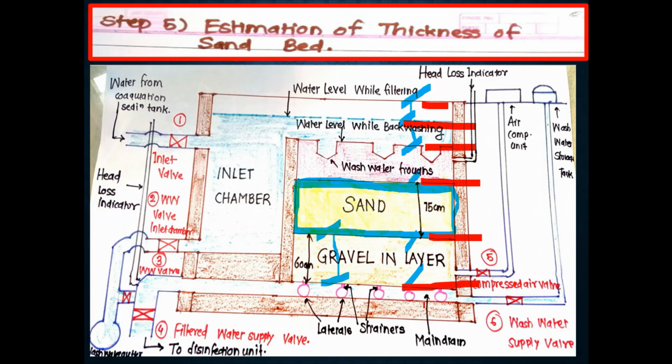As a summary, I want to share with you that in this session I have discussed all the design criteria required for solving detailed design of filter unit, or solving the design of under drainage system, solving the design of wash water tubs and sand thickness, means overall design requirement I have discussed in this video. And in the next lecture, by taking the reference of this design criteria, we will solve one example.